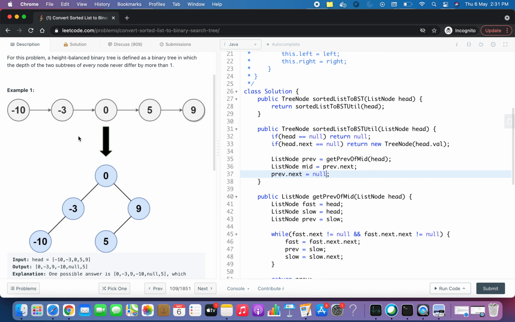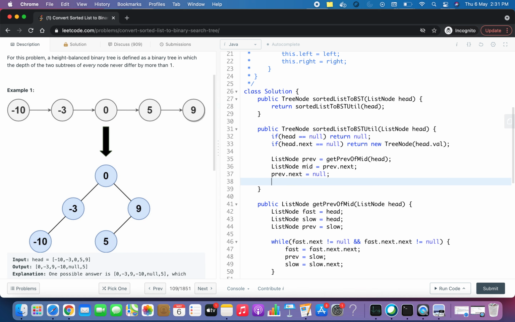So now we have separated this left half, which is -10 and -3, as a new list, which we are going to use for calculating the further tree. That is why I am making previous dot next as null. Now I also want the next of mid, so I will create a new variable next of mid and put mid dot next in that.